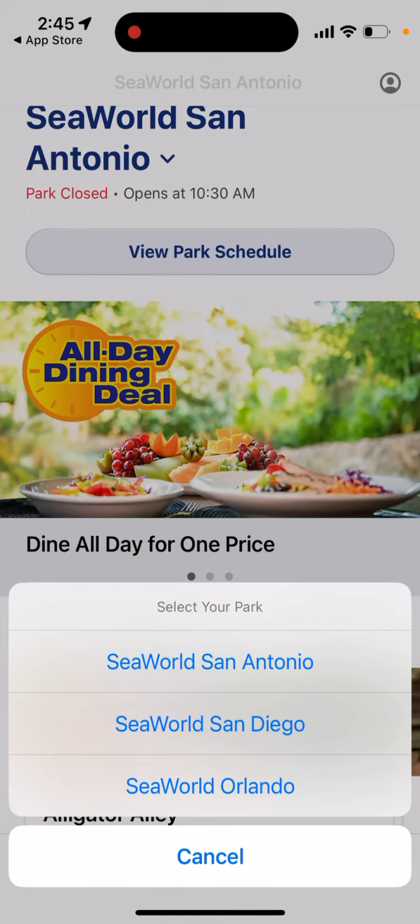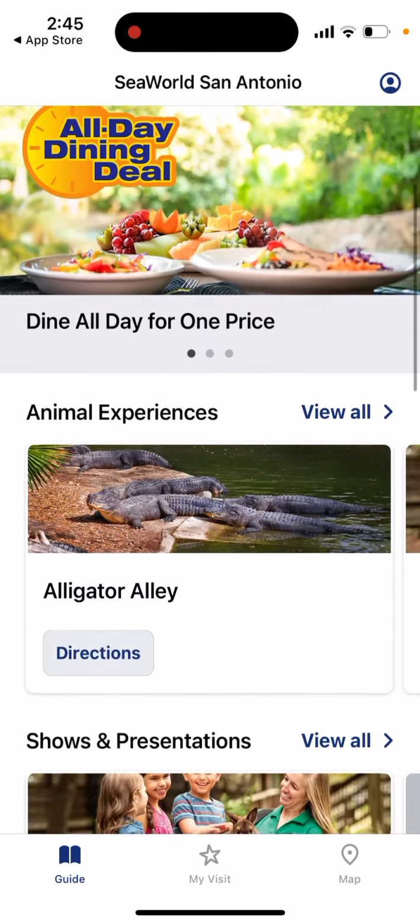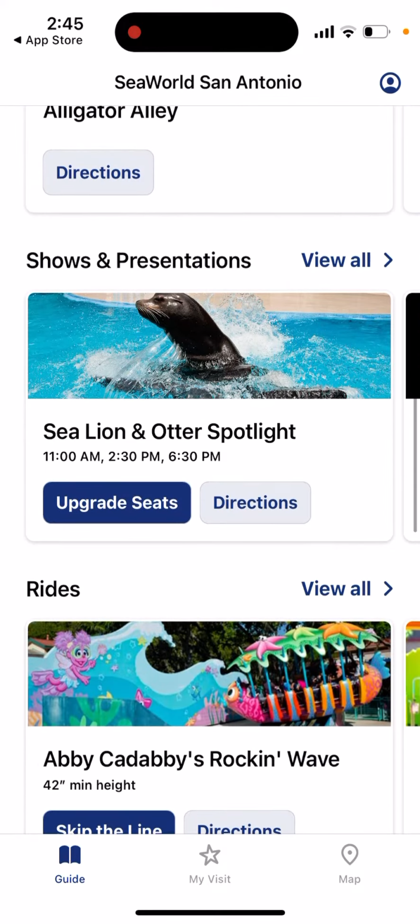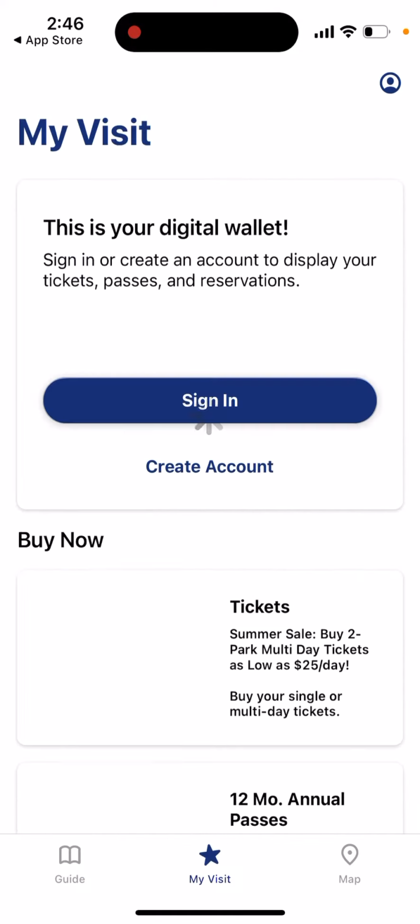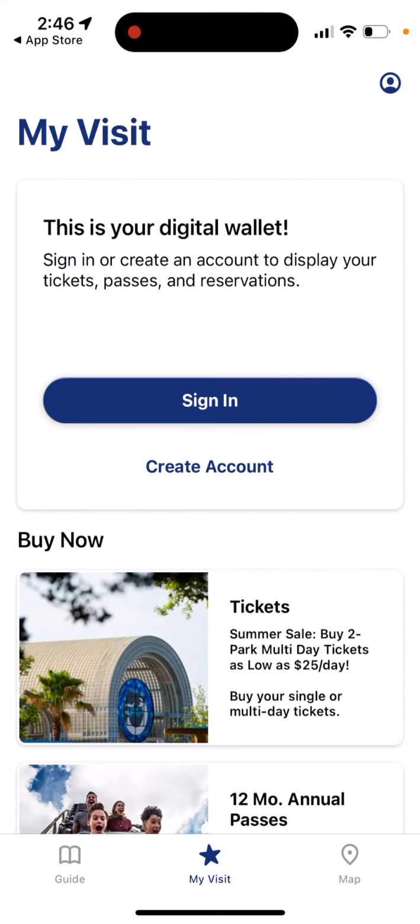Then you can sign in or create an account, or you can just select your park. You can see all the experiences, shows and presentations, rides, events, and then you can see your visit. You can see your tickets, and then you can see your map. So yeah, that's